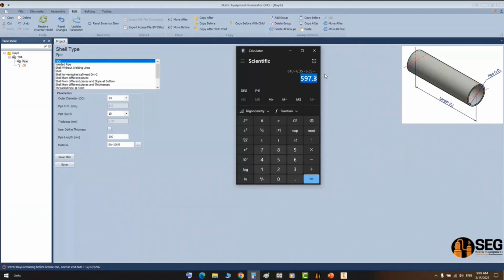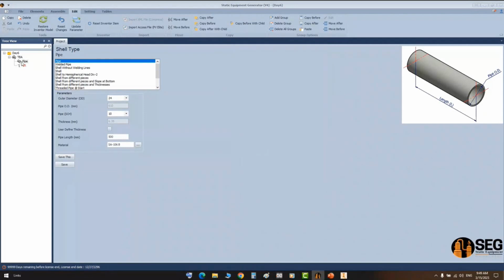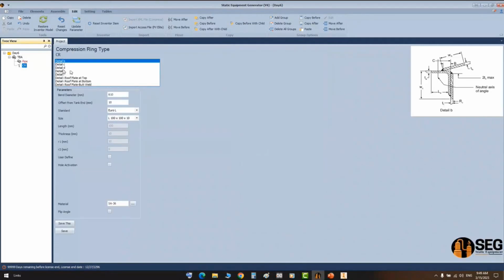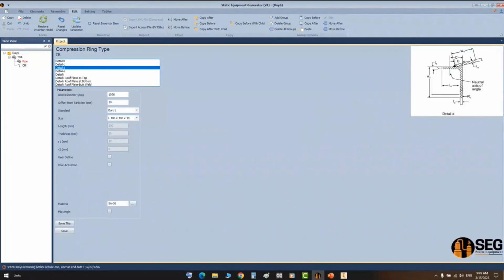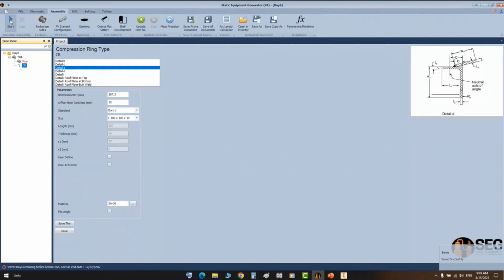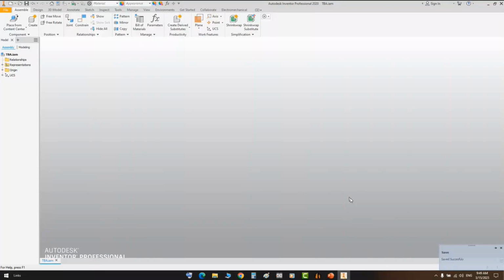So that's the inside diameter. So if we take the value copy and come here, select type D, and import this value here, and no need for the offset. And right now, if you click on save and click on start,